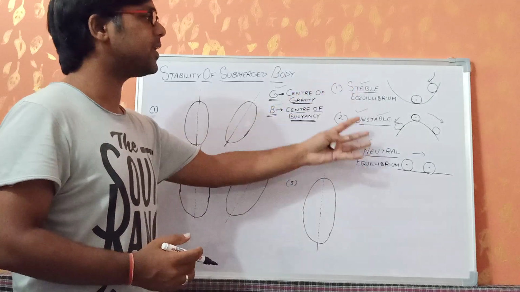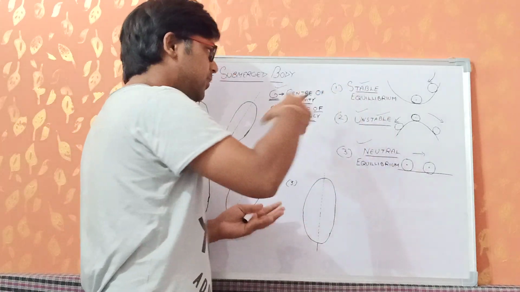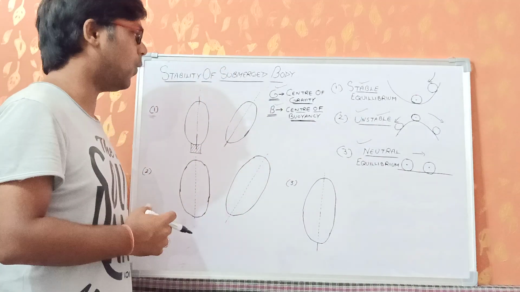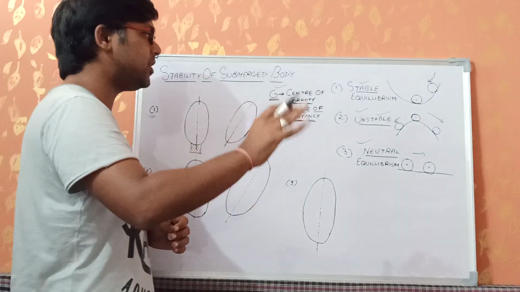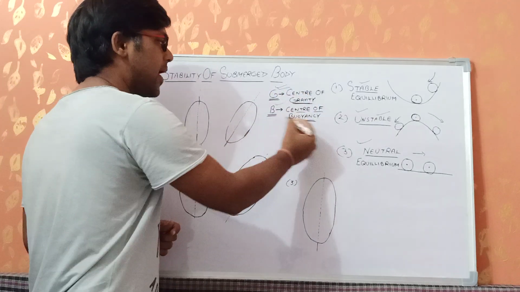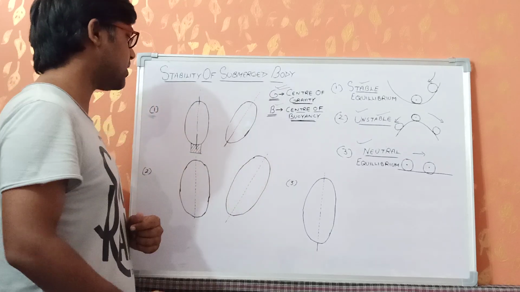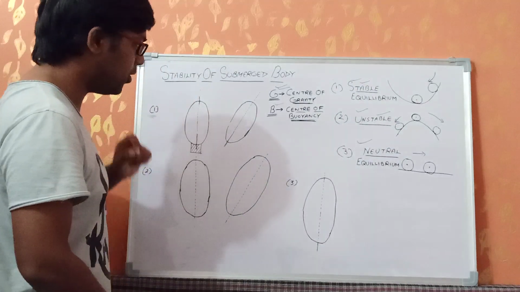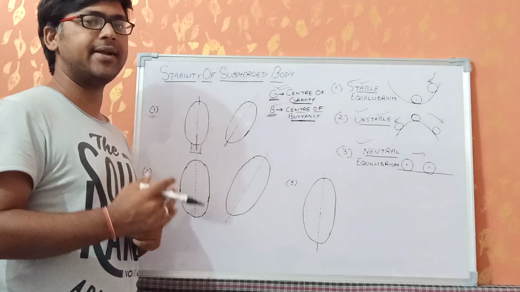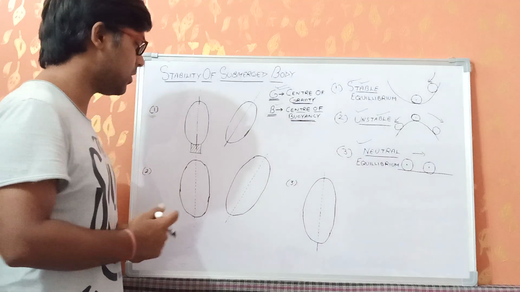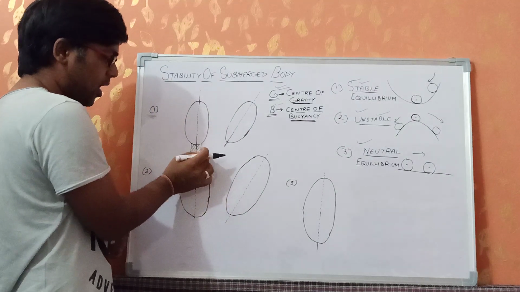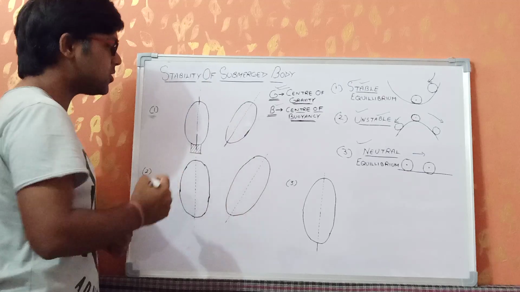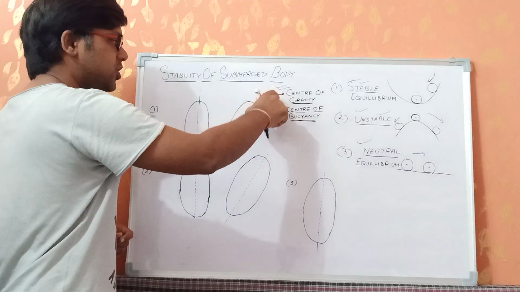Now this is a general case. Now we are going to discuss these three cases with respect to submerged bodies, or bodies which are fully submerged in the water. Clear? As I told you, everything depends on the position of center of gravity and center of buoyancy. So in the first case, that is a case of stable equilibrium, let us suppose I have a body that is bottom heavy. When I say bottom heavy, it means its bottom portion is heavy. Clear? Here I have shown it in this form, that I have suspended some weight at the bottom. So it is heavy at the bottom. Clear? So now in this picture, I have to show the position of G and B.